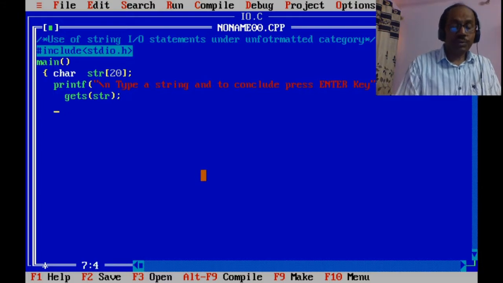Now we have to see what the result is, how it will show. So we will use puts.